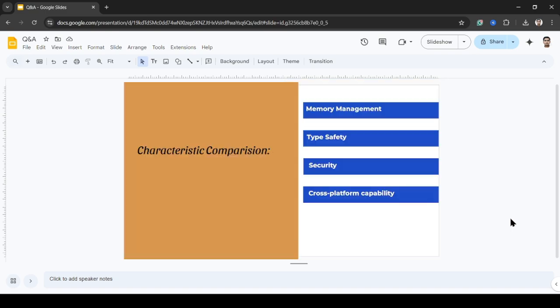Furthermore, let's have a characteristics comparison for memory management, type safety, security, and cross-platform capabilities. For managed code, memory is automatically garbage collected, and memory allocation and deallocation is taken care of by the CLR.